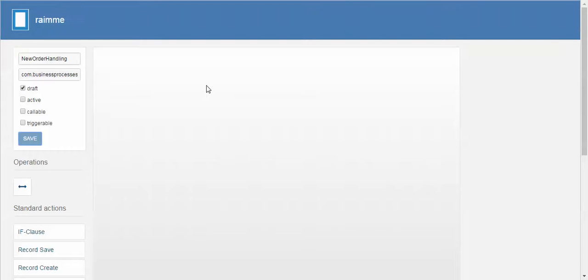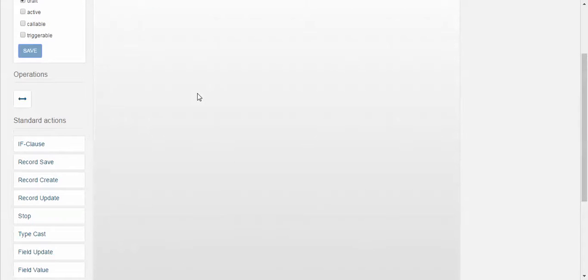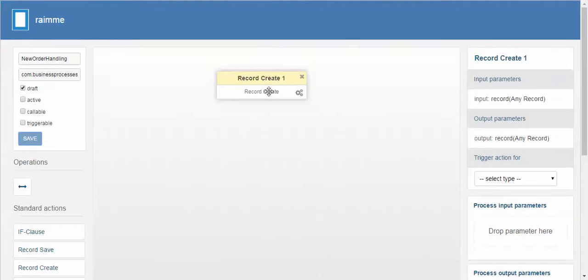So now we want the process to be triggered every time an order is created, and we have a lot of options here in the toolbar on the left side of the screen, and we create a record create option, which is an action that is fired every time any record in the system is created. Let's call this action new order created,